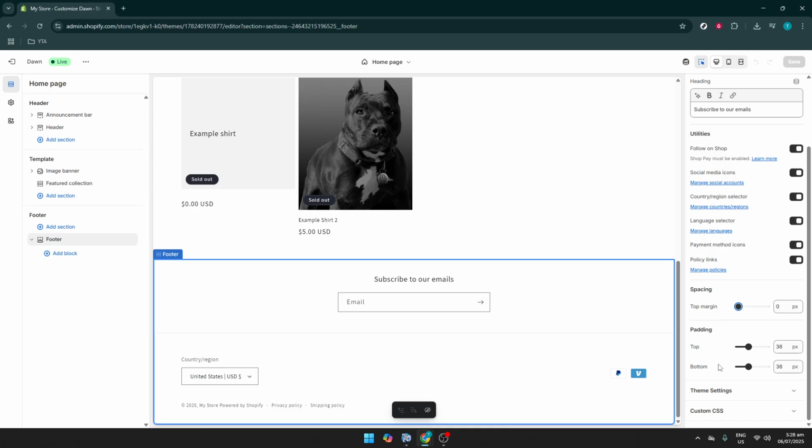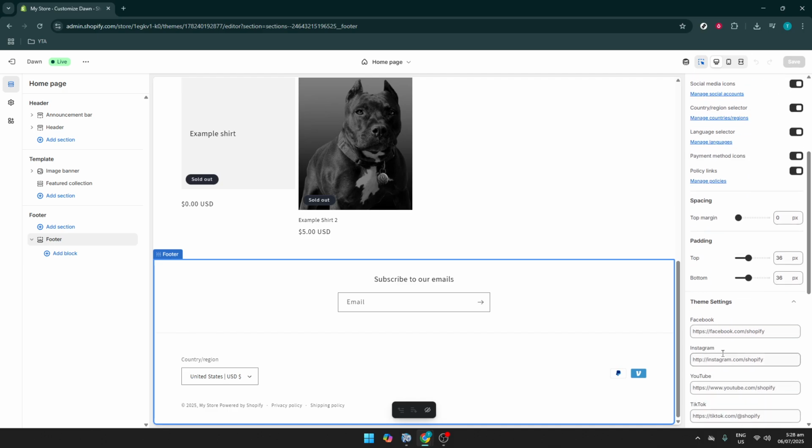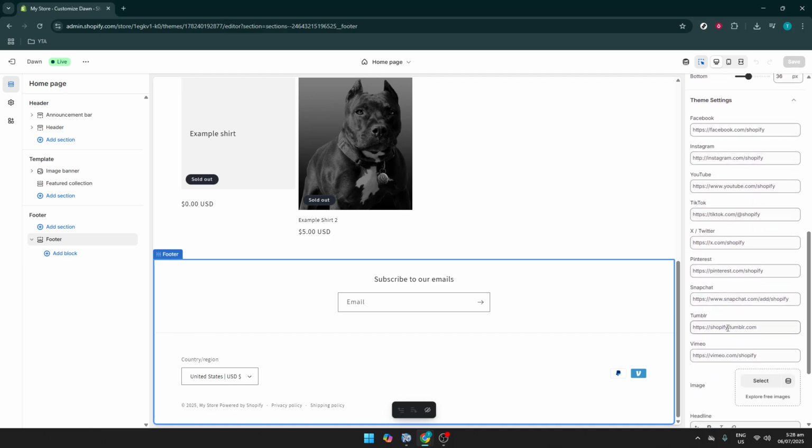Finally, we wrap up our customization journey with theme settings. These allow you to control global settings across your theme, influencing everything from colors to typography. Navigate to theme settings and you can make adjustments that will be applied throughout your entire store for a cohesive look. And there you have it, a guide to personalizing the footer of your Shopify store,